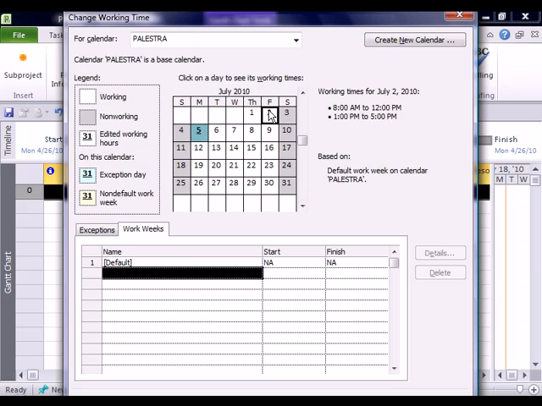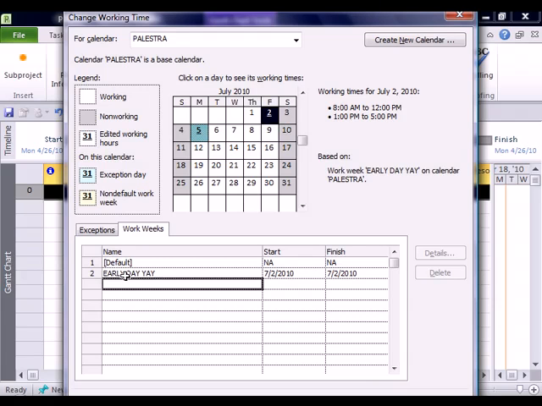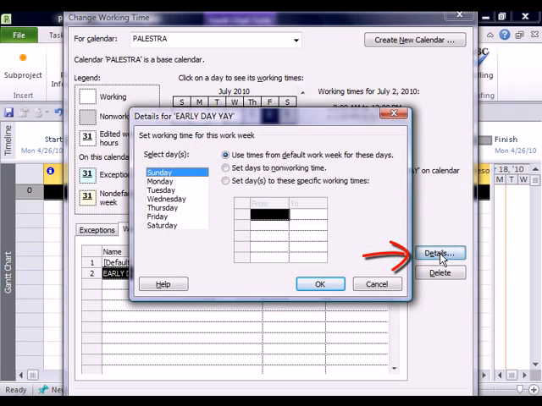Let's say Friday, the boss is feeling a little bit nice and they're actually going to allow you to get out early. So I'm just going to type early day here in the box. You can't click in the default box, just like before. Early day, yay. Okay, and then I'm going to hit enter. I'm going to reselect it. Now you'll notice that the details button becomes available. So I'm going to click on details, and I'm going to say